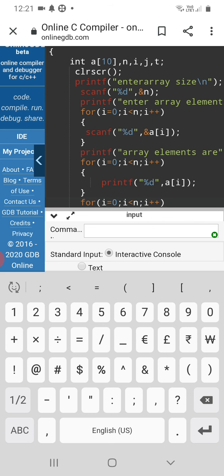There is no need to close the statement.